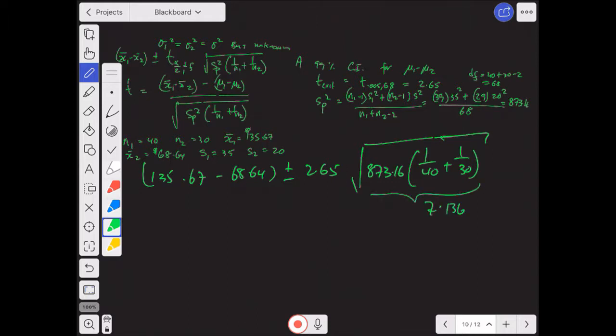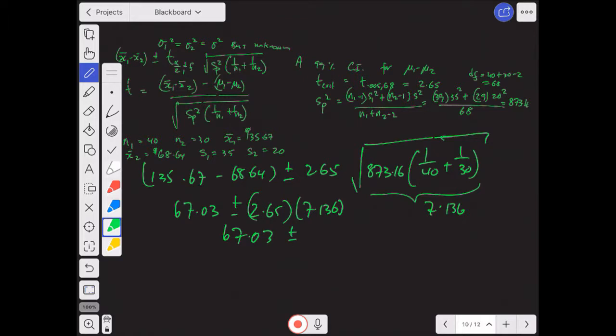You can compute that for yourself. So we would actually have 67.03 as our point estimate of the difference, plus 2.65 times 7.136, which gives us an interval as follows: